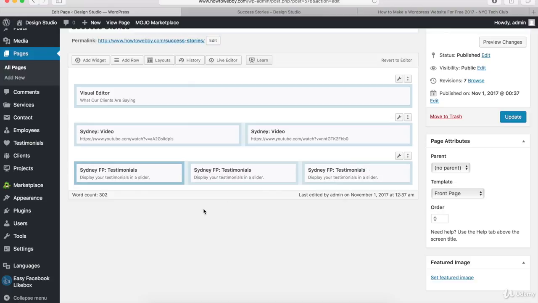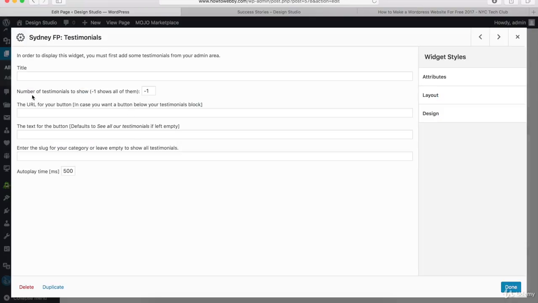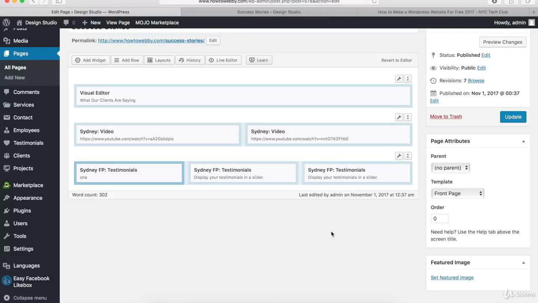So we have them all in one row, and then we can just hover over one of these and click the edit link right here. And what we want to do is just go to where it says number of testimonials to show, and we want to change this to 1. So it's just going to show 1 testimonial in this widget. And then come here to where it says enter the slug for your category and type in the first category name that you created for your first testimonial. So I'll type in 1 right here, and then we can just click done,